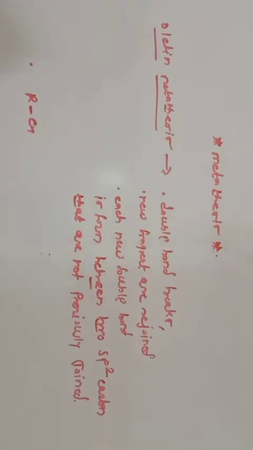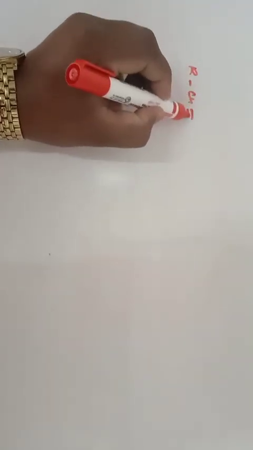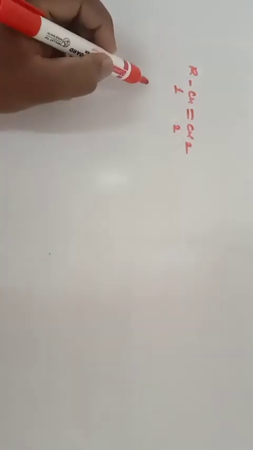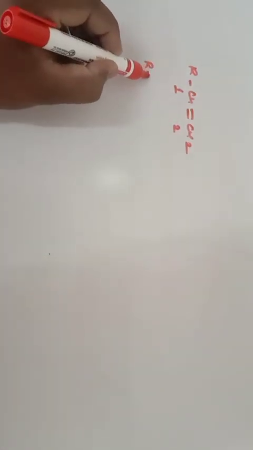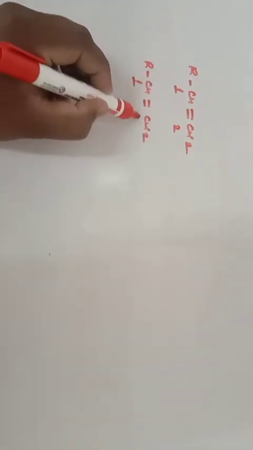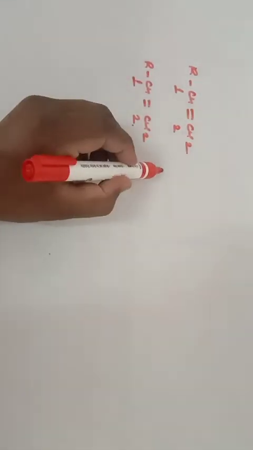Let us see an example of an olefin metathesis reaction: RCH double bond CH2, with carbon number 1 and carbon number 2. Another molecule is RCH double bond CH2, again with carbon number 1 and carbon number 2. In presence of a catalyst,